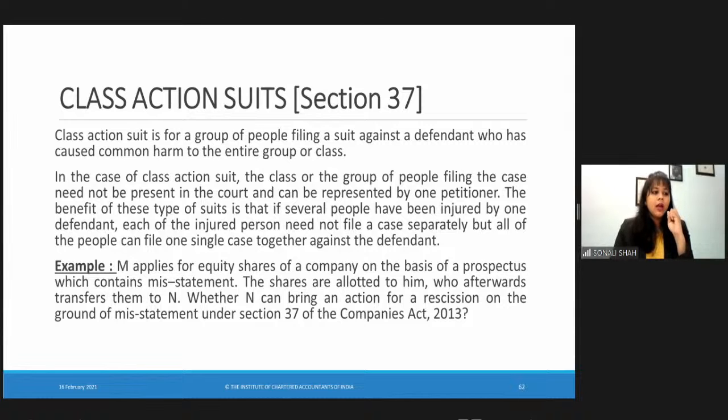Okay, coming to class action suits. This concept of class action suits was brought into the picture only after the Satyam scam. Earlier there was no provision where, if multiple people among the public at large had been affected by a fraud, they could together file a case. Every petitioner, every person who was defrauded, had to file an individual application. But then came class action suits, which is a gift of